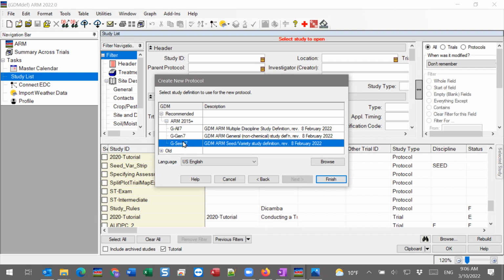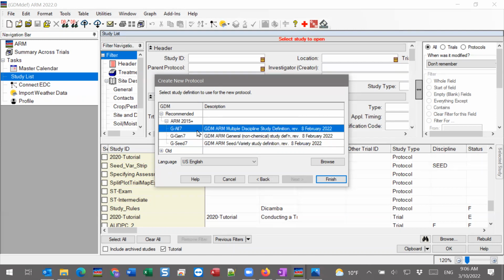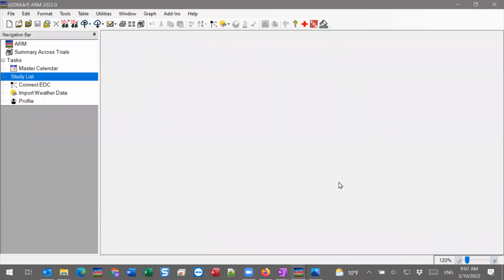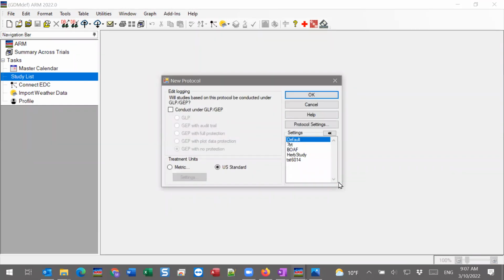Instead of treatment name, it'd be entry number or entry name. Things like that are just called something different in the G seed. So if you're doing a variety study in the greenhouse or wherever, the G seed would be a simpler, easier choice to use. You certainly could still accomplish it in the GAL. That's totally possible. It'll just have all those extra components that you don't use. So when in doubt, GAL is our friend, and that's the one we'll use today. So I'll say finish,